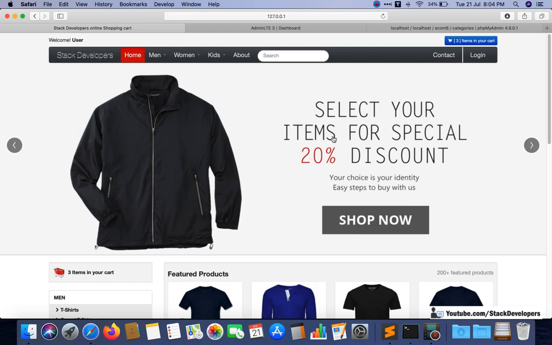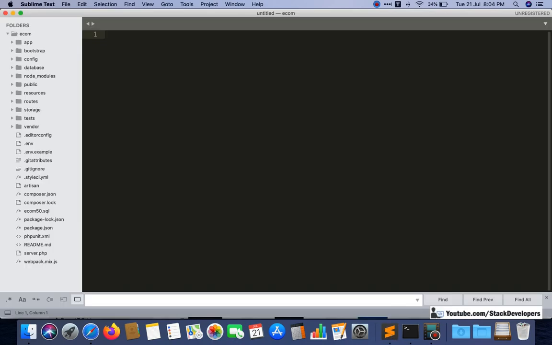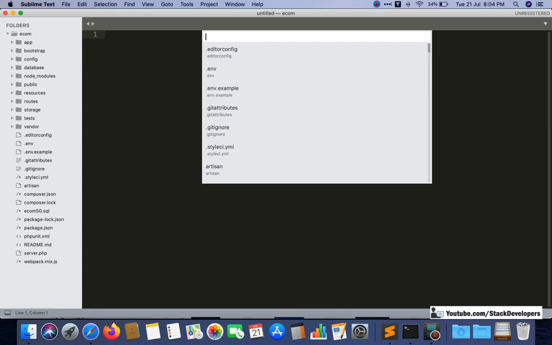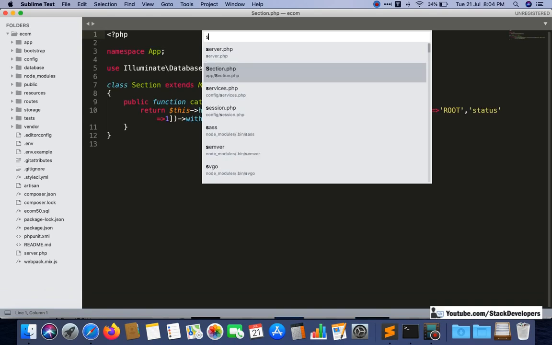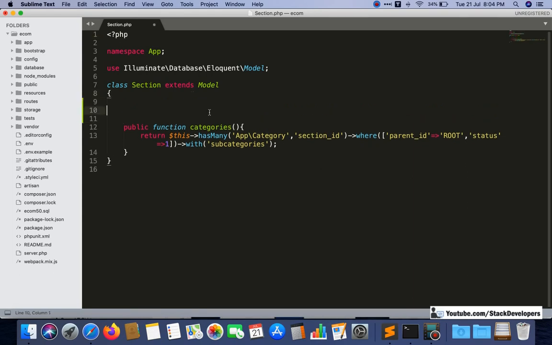First of all, we are going to create one function in our section model. We already have one function, the categories function, but we will add one more function, a section function, and in that section function we are going to amend the categories function as well. I will show you how we can do this.